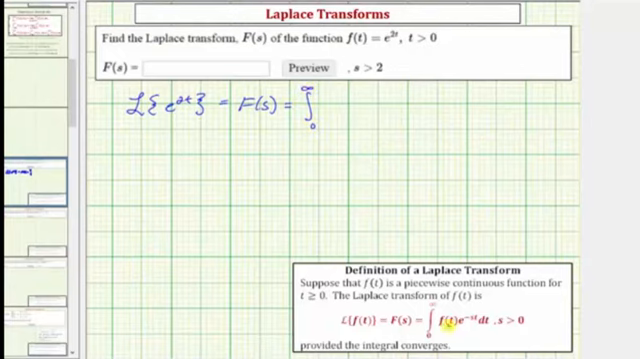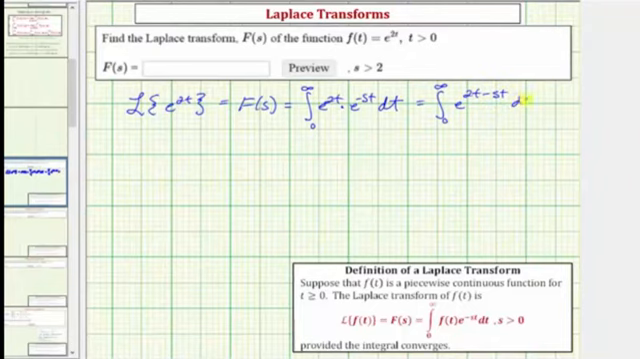infinity of f of t, which is e raised to the power of 2t, times e raised to the power of negative st dt. And we're told that s is greater than 2. Notice in the integrand function we're multiplying and the bases are the same, so we can add the exponents. We can write this as the integral from 0 to infinity of e raised to the power of 2t minus